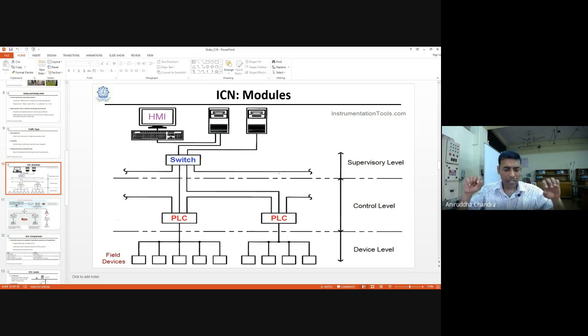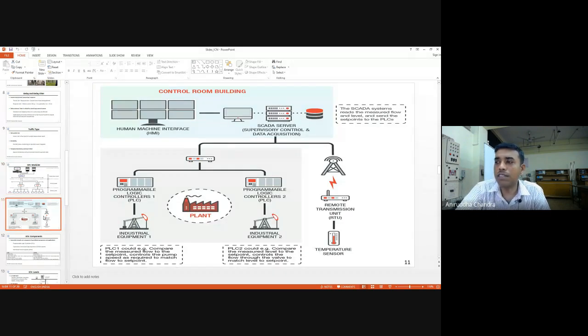So there are actual devices in the field. These are connected to some programmable logic control network, which might be on some lamp post or something. They are connected to the data cable through a switch, and these data cables come to a computer which is in the central office. And in the central office, in that computer, there is some software being run, which is taking the data from the PLCs and based on that giving the PLC information, which is again fed back to the devices. So this is how it works.